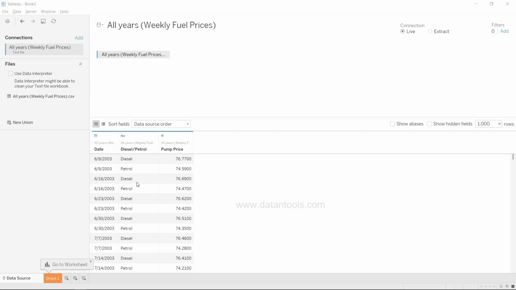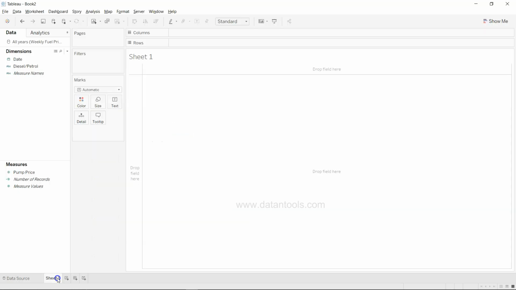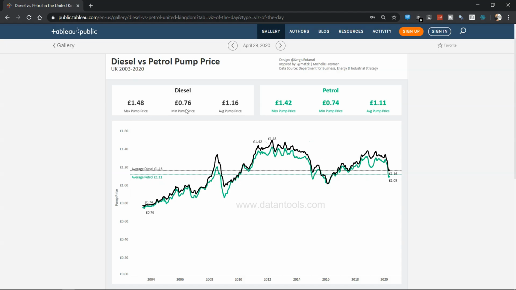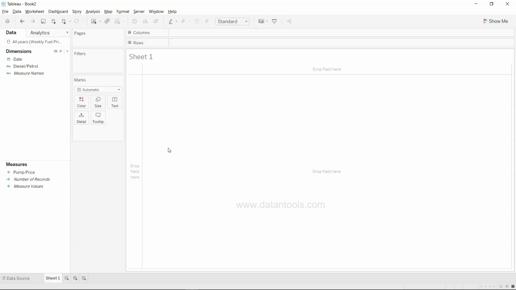Alright, so let's create the first sheet, and over here what we need first of all is the KPI for petrol and diesel. For example, if you go over here, you have two different KPIs, one for diesel and one for petrol. To create that, what we need is a simple drag and drop of the